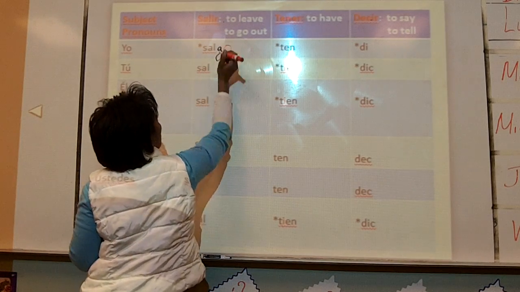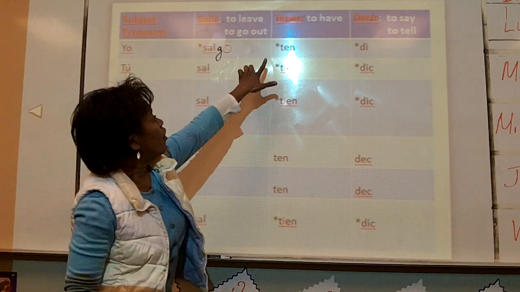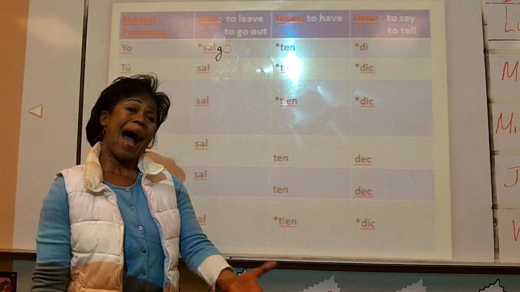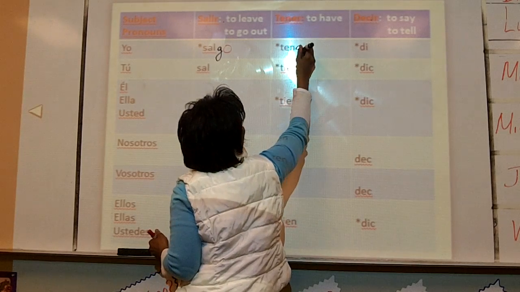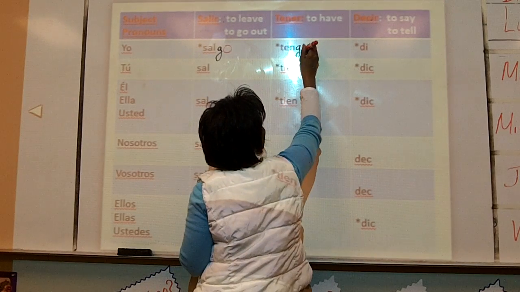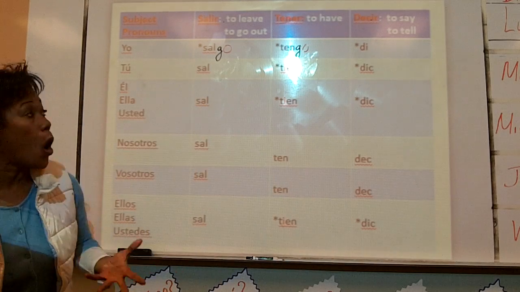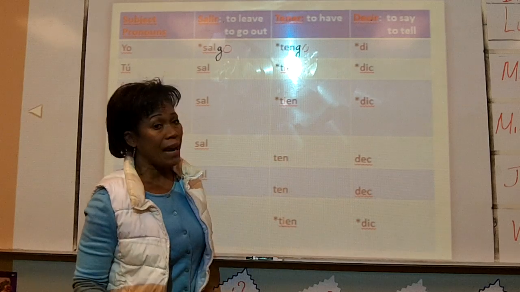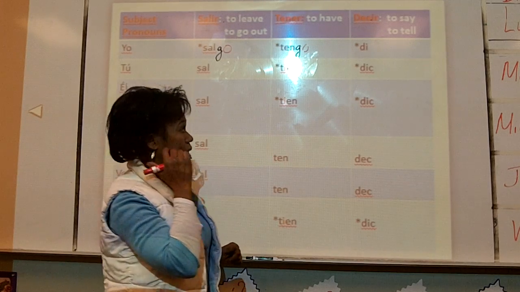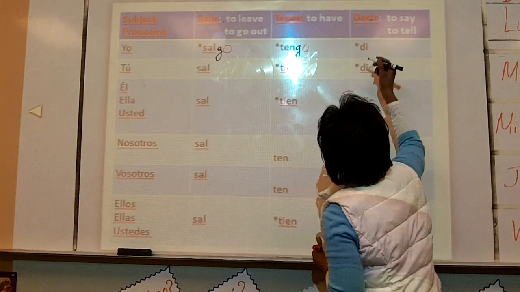Just salgo, and then you put your O. The same thing for tener. If you want to say I have, you want to put a G before you put that O. And that's what makes it irregular. Okay, so yo tengo, yo salgo, yo tengo, and for the last one, decir, okay, I'm going to add my